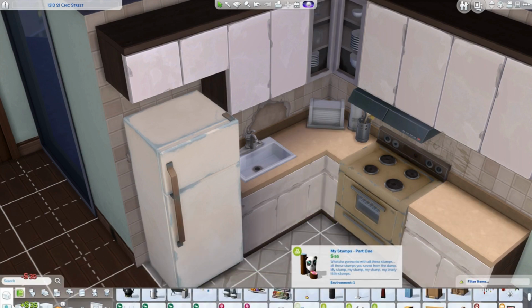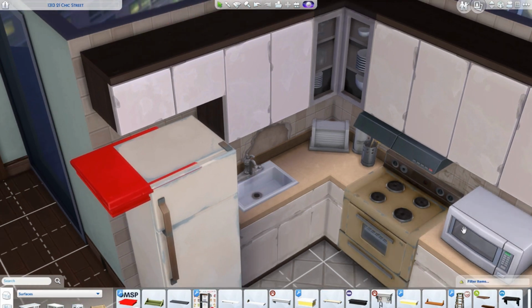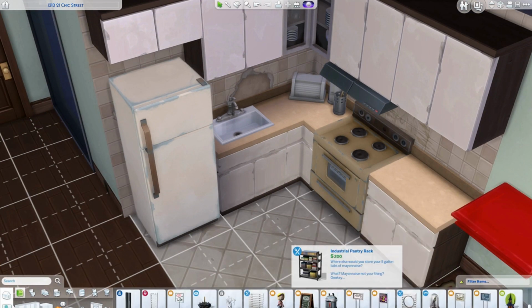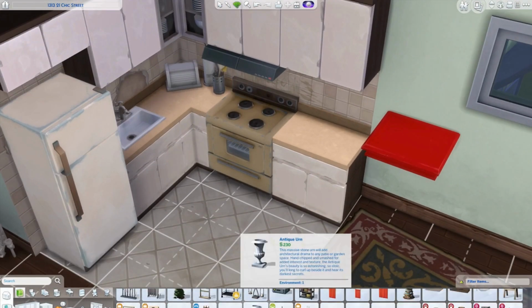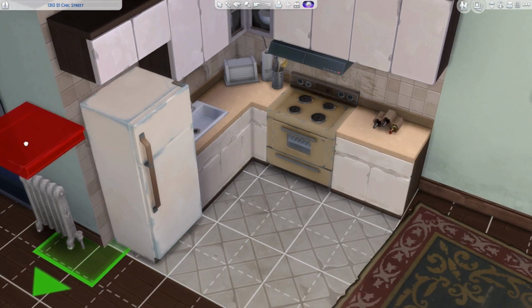And I was contemplating trying to put a microwave on top of the fridge, but I couldn't do it even with the red shelf, which is super helpful with placing things anywhere, really. So I wasn't able to do that, so I just ended up going with some wine bottles instead, because I imagine that having such a crappy apartment,